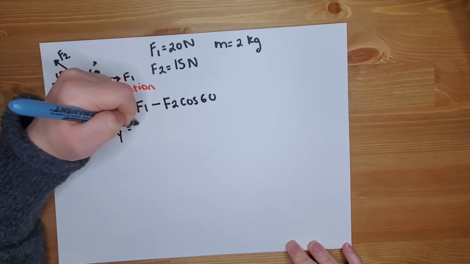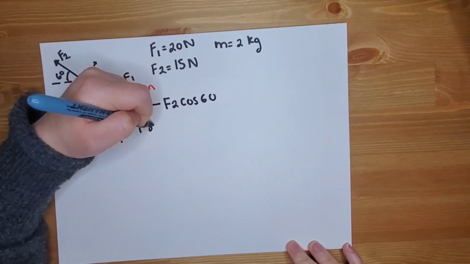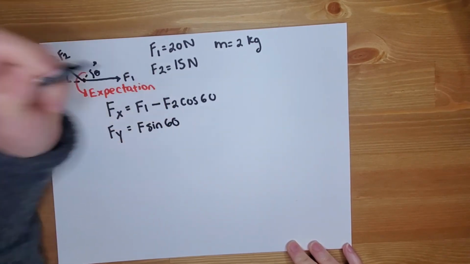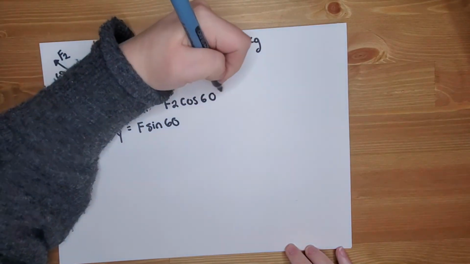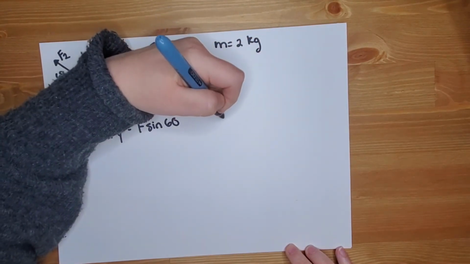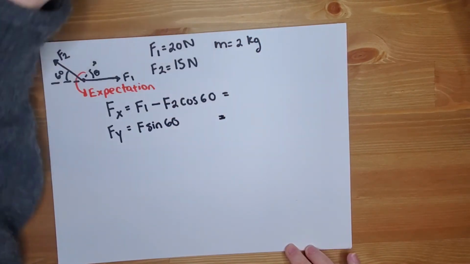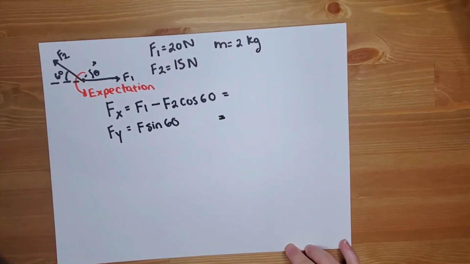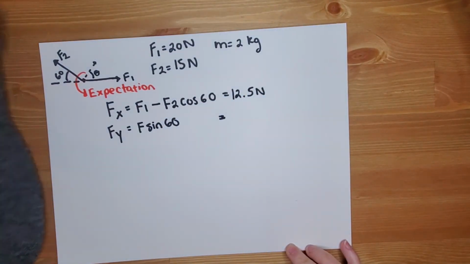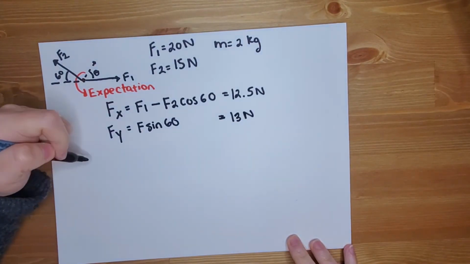Then the vertical component: is this positive or negative? It is again going to the north or up in our map. We have always considered up or north to be positive in our examples. So Fy is the same as our previous example. It is positive F2 sine 60. We can solve for the forces here and solve for the accelerations